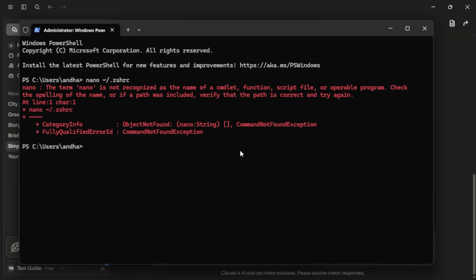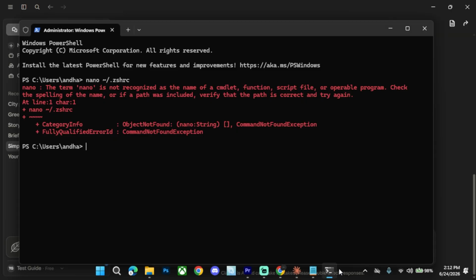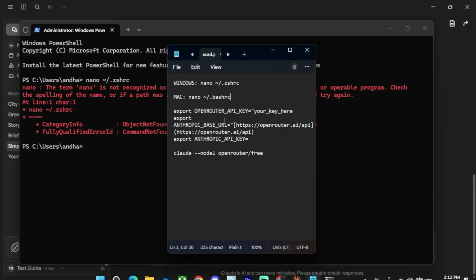Step 2. Insert the OpenRouter connection bridge paths. The second step is to scroll down to the absolute bottom of your text sheet using your arrow keys and type in the 4 precise connection lines to build the routing tunnel. Use your keyboard keys to copy and write out export OPENROUTER_API_KEY equals your key here, along with export ANTHROPIC_BASE_URL equals https://openrouter.ai/api on the next lines, and make sure to type export ANTHROPIC_API_KEY equals quotation marks exactly as shown